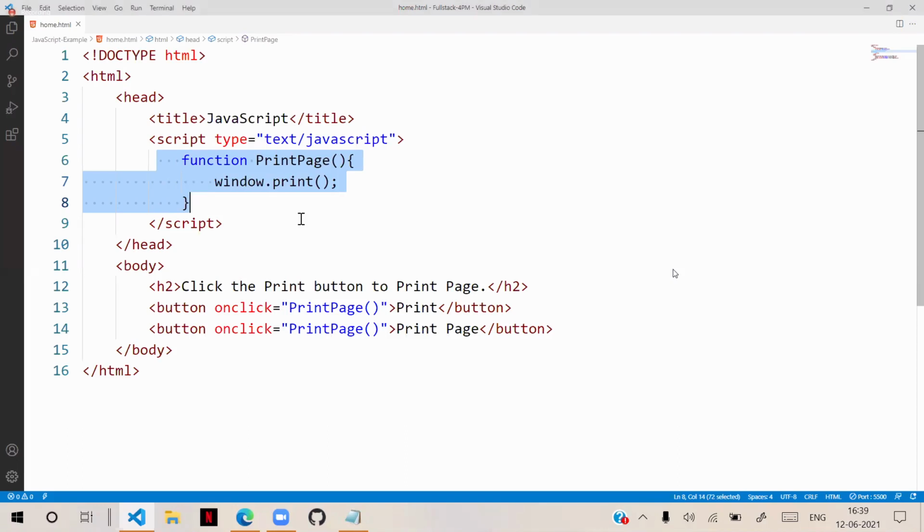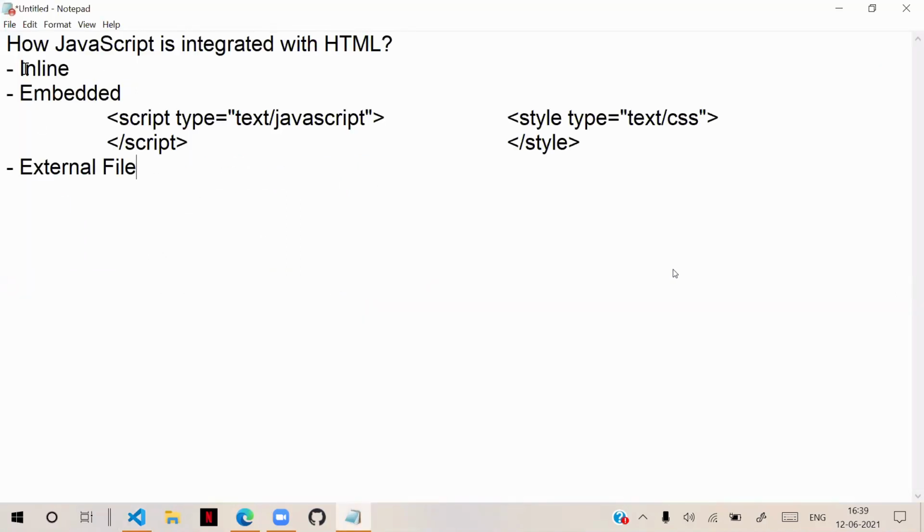So what is the reuse? And what is the advantage of embedded? We can reuse. And you can embed in the head section and you can embed in the body section. Generally, while embedding, we have to mention the MIME type. The MIME type is defined by using this type, text/JavaScript. So I hope everyone is clear.